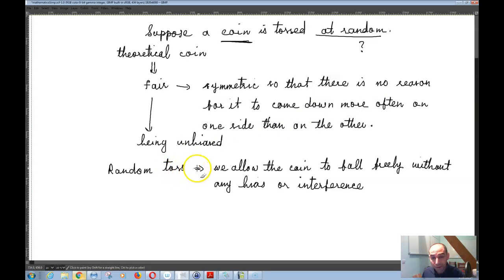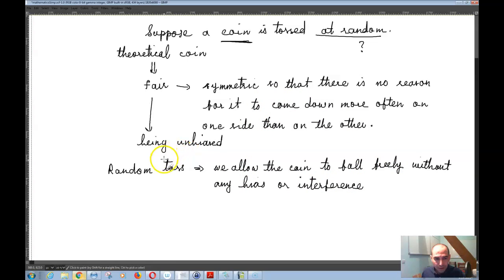And moreover, a random toss is that you don't interfere with how the coin is falling down. You allow the coin to fall down without any interference, without any bias,